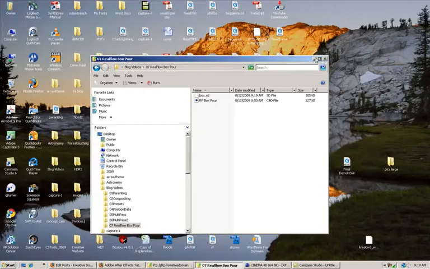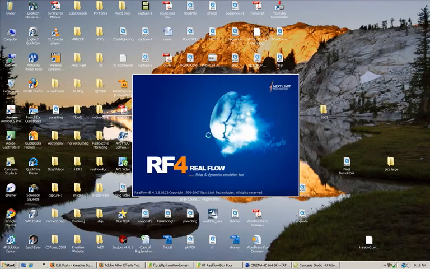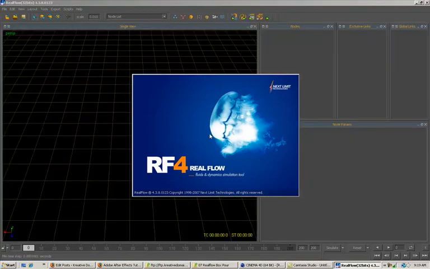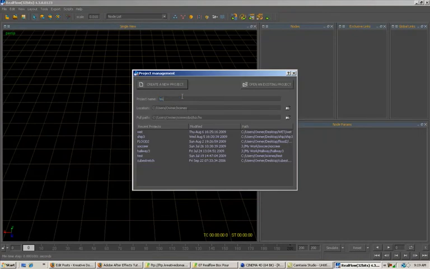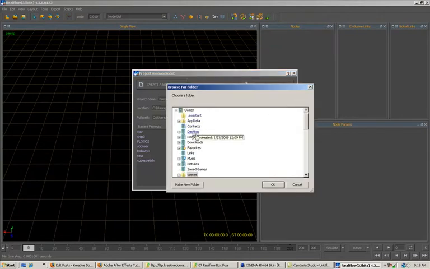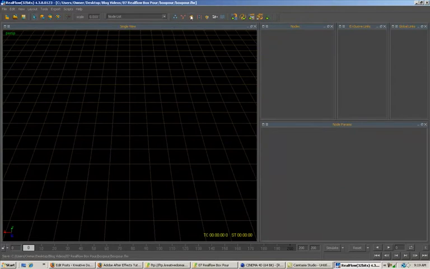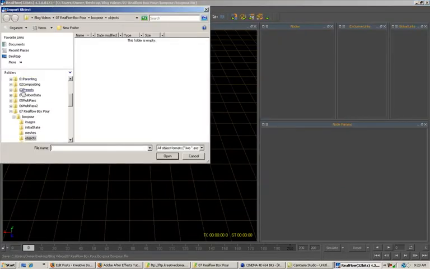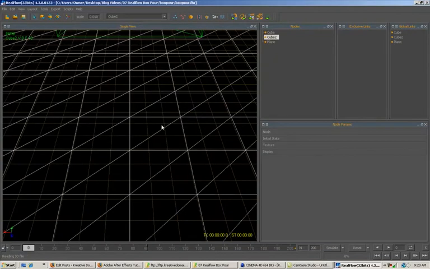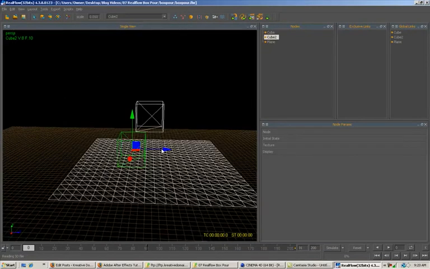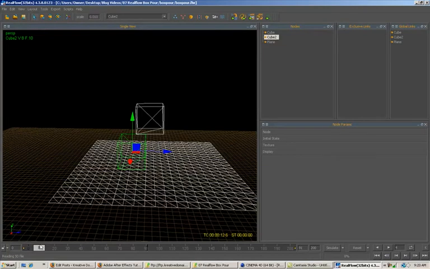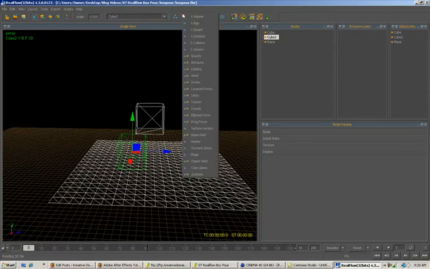So now when we go over to Realflow, we'll give it a name and a path, and create the project. Now we're going to import the scene file, and there we go. So we've got our two boxes and our plane representing the floor, and we've got the animation that's built in. We're going to put a little gravity in here,